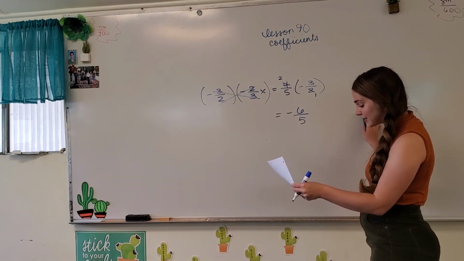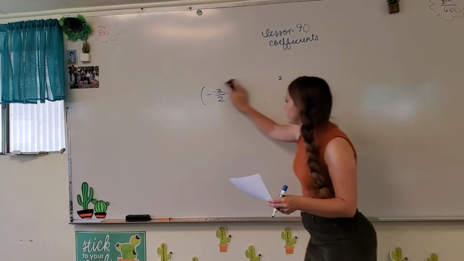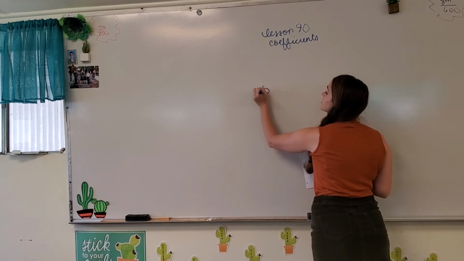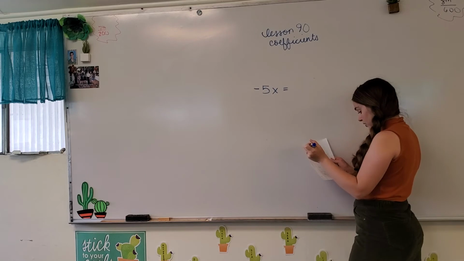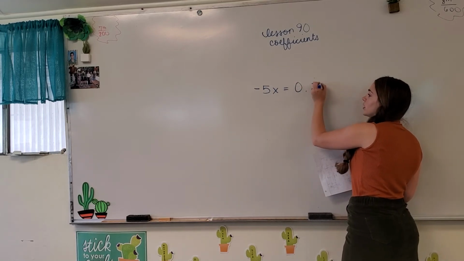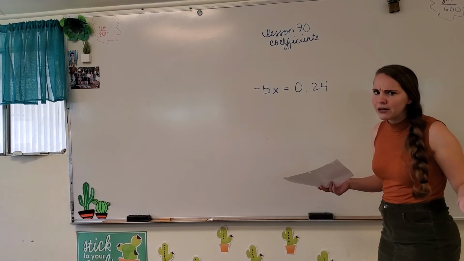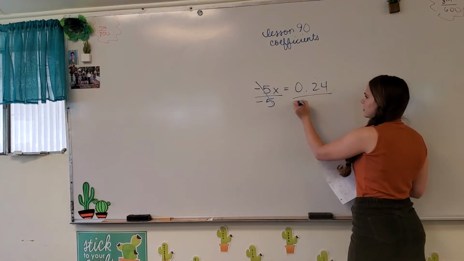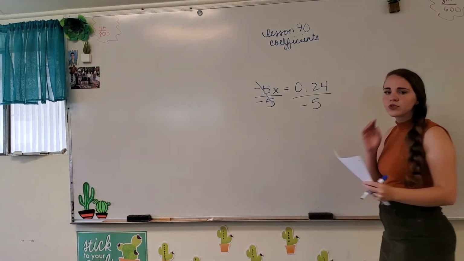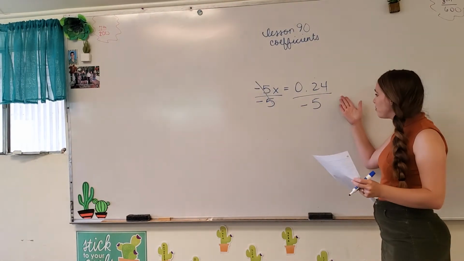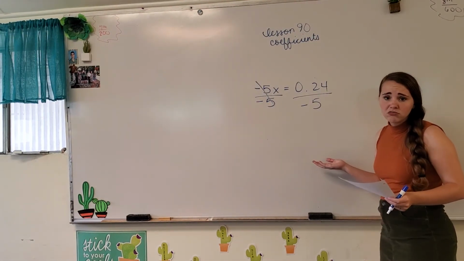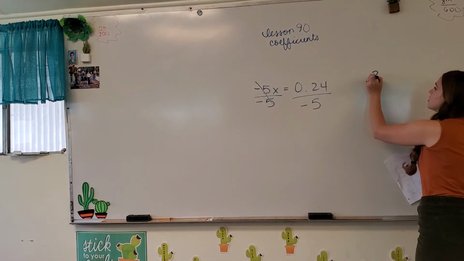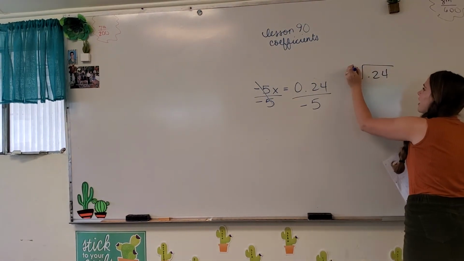Okay, and we'll go to that last example 4. We have negative 5x equals 0.24. Okay, we know to get rid of negative 5, we just divide by negative 5. Right, that makes it positive 1. And then over here, I really just want you to use a calculator because it's fine. You can do the calculator. But even if you don't, you divide by 5,